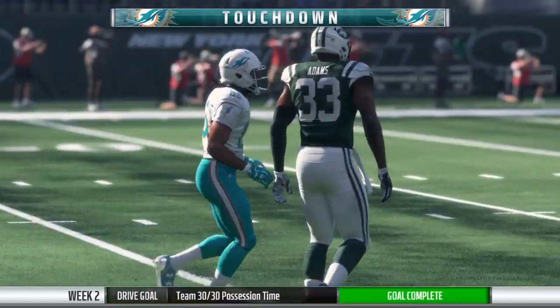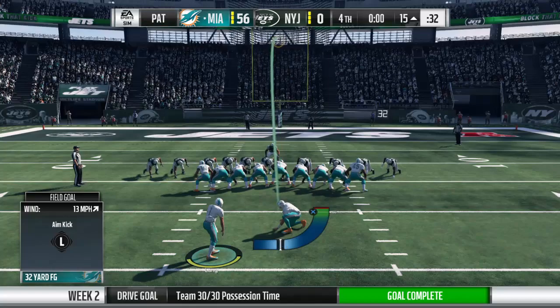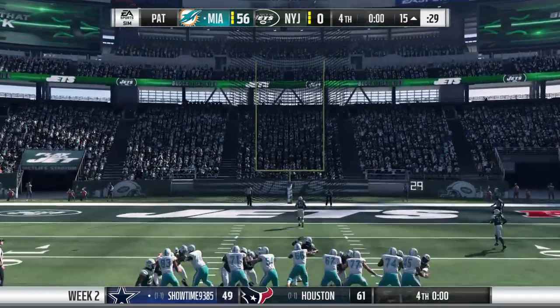Yet another touchdown as they just add to their totals. Looking like they're well on their way to a 2-0 start. All smiles right now on that sideline, isn't it? As well there should be. It's hard to win a game